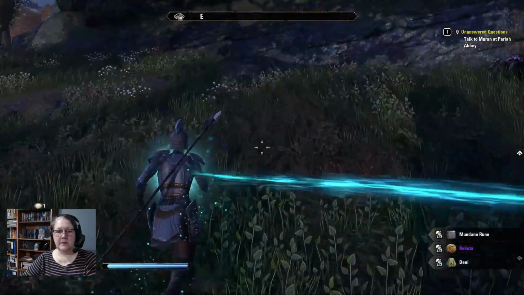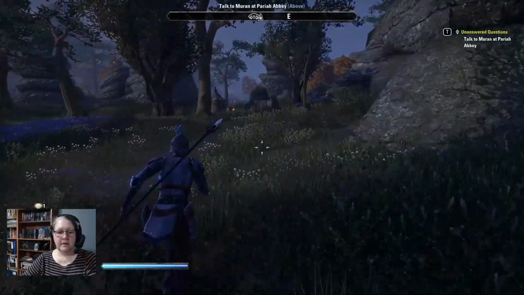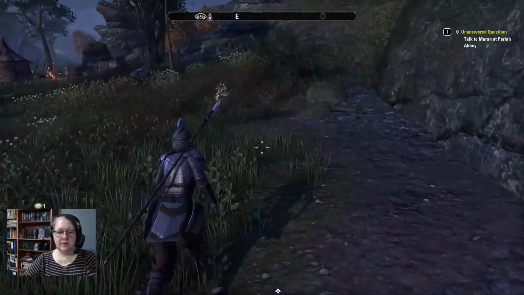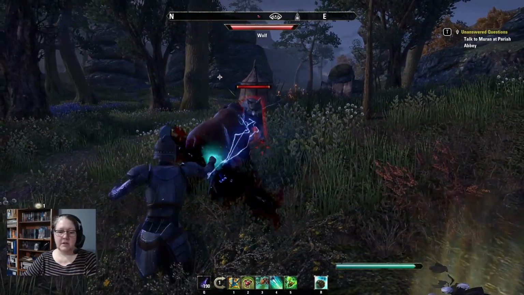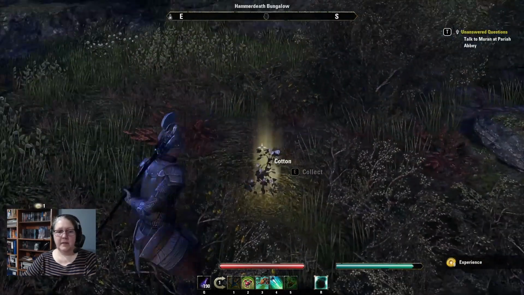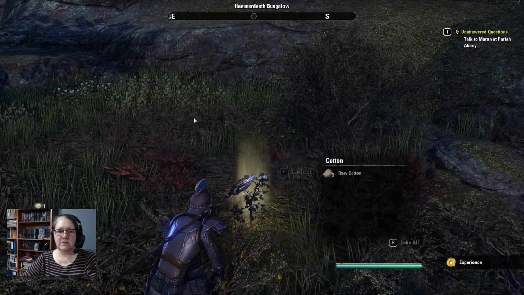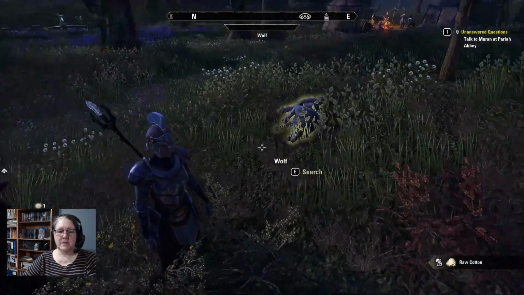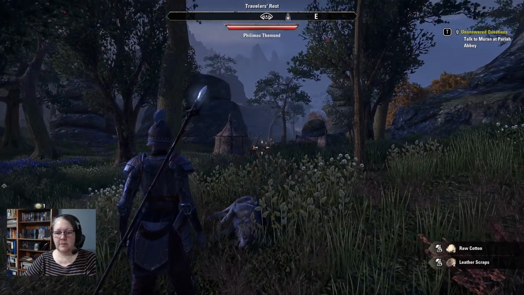Oop, that's a spider. So what we're looking for... I know I avoided that bit of resource because... Oh, crumbs. For the same reason that I probably should have stopped for this one. Right. Because there was wolves. Oh look, Hammerdeath Bungalow. Actually I think that's less a resource and a place of interest and more a